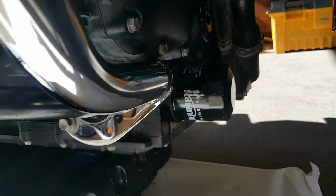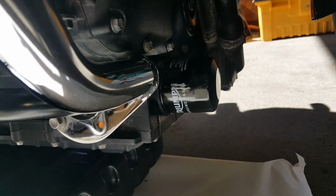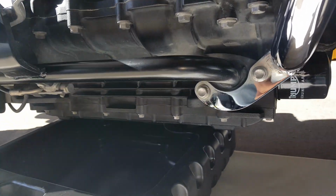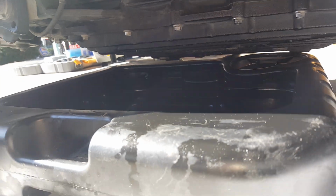I've already removed the chrome cover. This just pulls off real easy. You've got a couple of clips on the inside. I'll show you those after. Underneath the bike, situated an oil pan,